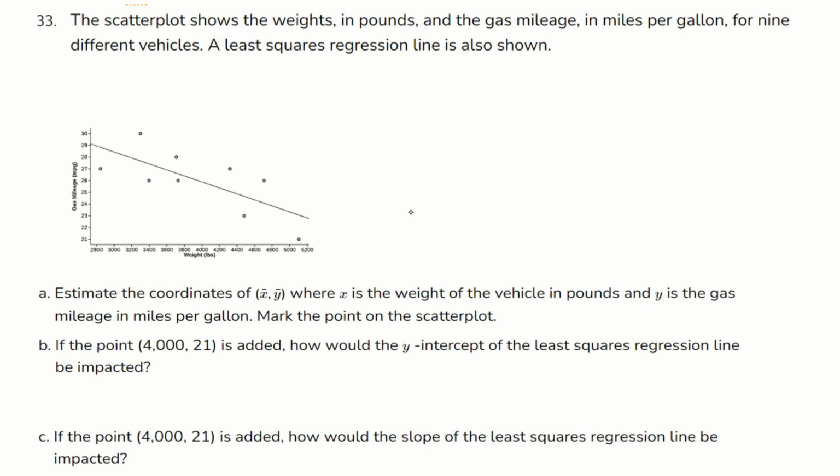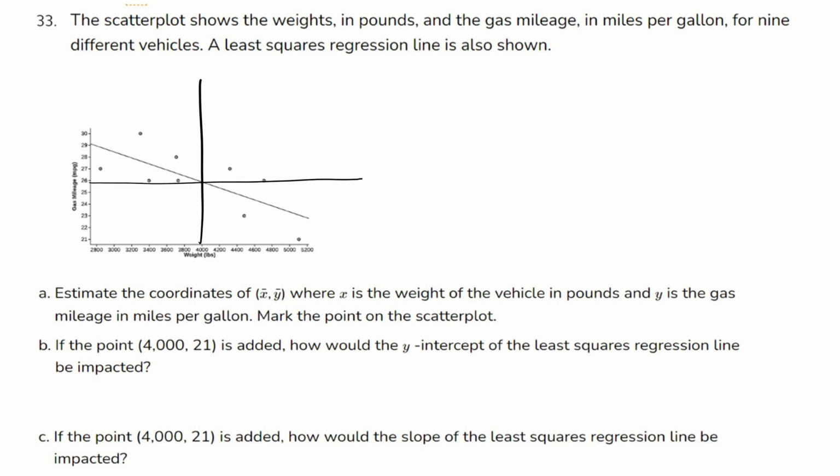Estimate the coordinates of X bar, Y bar, where X is the weight of the vehicle in pounds and Y is the gas mileage in miles per gallon. Mark the point on the scatter plot. Okay, so here we can guesstimate that, right around here is the average,